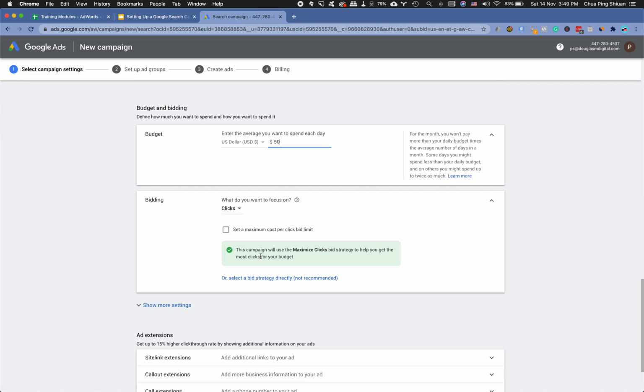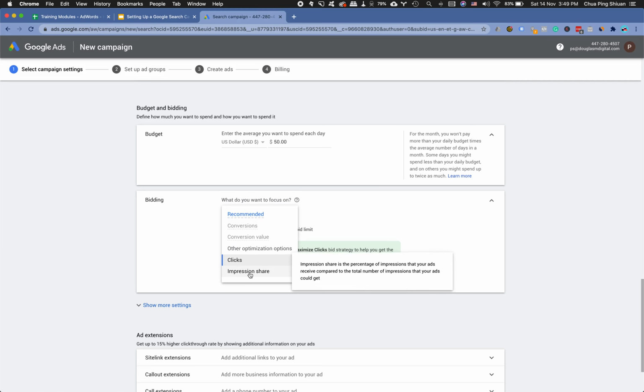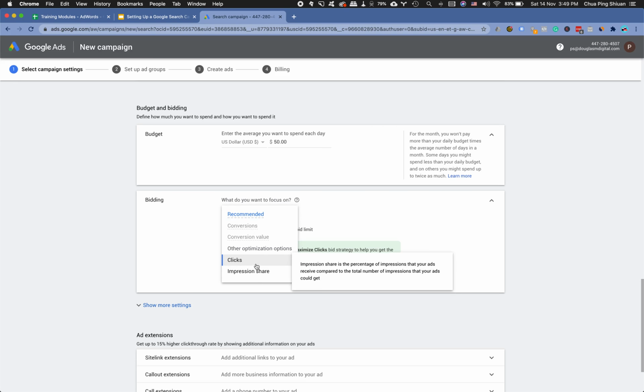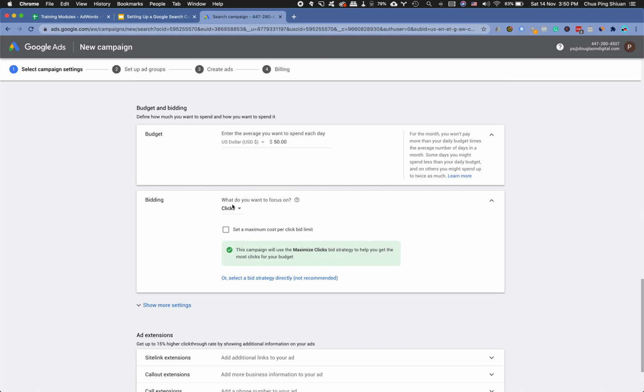So the traditional option is to go by a maximum CPC, but nowadays there's more options for you to choose. So you can select the bid strategy that you want to target towards, whether you want to have more clicks or more impression share. The other options here you can see are not available yet. I'll explain why later. So let's say you want to get as many clicks as possible, click this and then